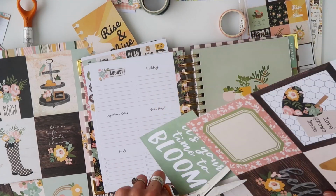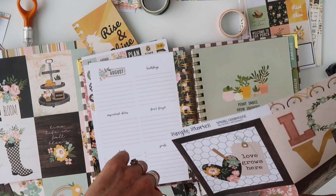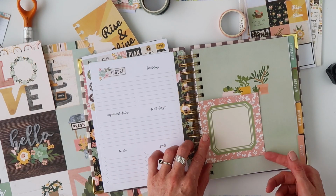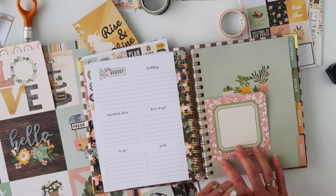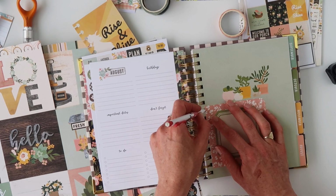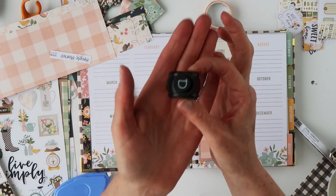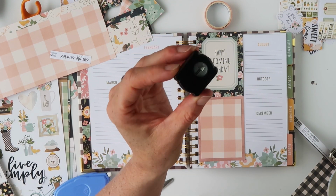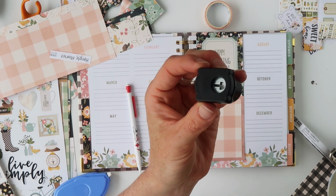Let's get to it. So let's start out with that cutie pie little flappy tip-in at the beginning of the August divider. What I did was cut a 4x4 card from one of the papers from the Simple Stories collection that is designed to match the Carpe Diem planner. Now I'm marking off where the hole should be, and I'm using this punch from Doki Book, and you'll see in a minute an easier way, but if you have a single punch like this, this is what you need to do. You need to mark off where all the holes will go,